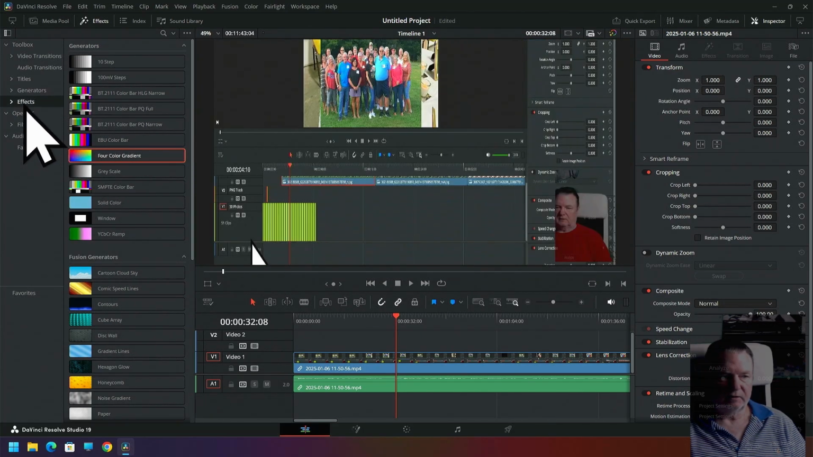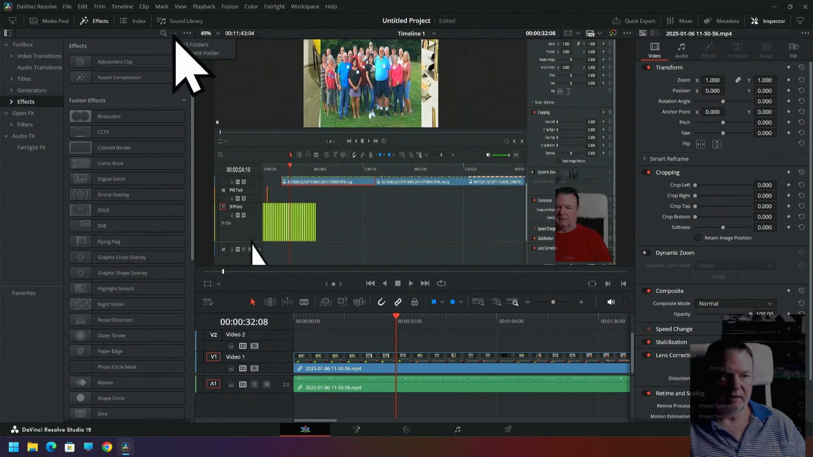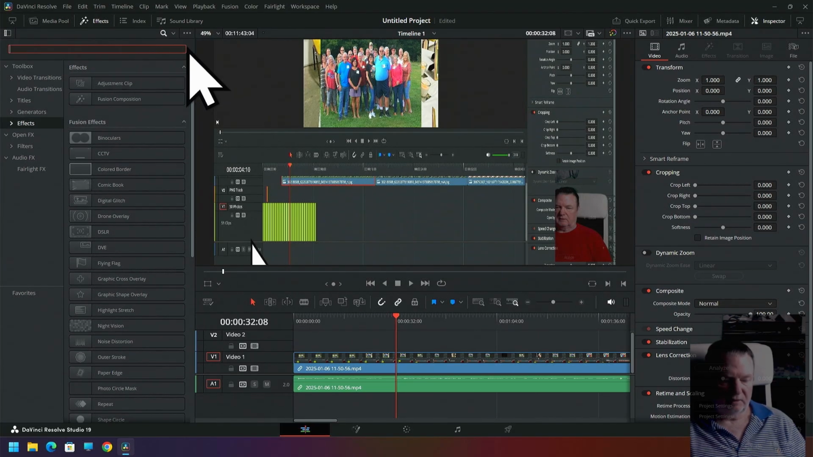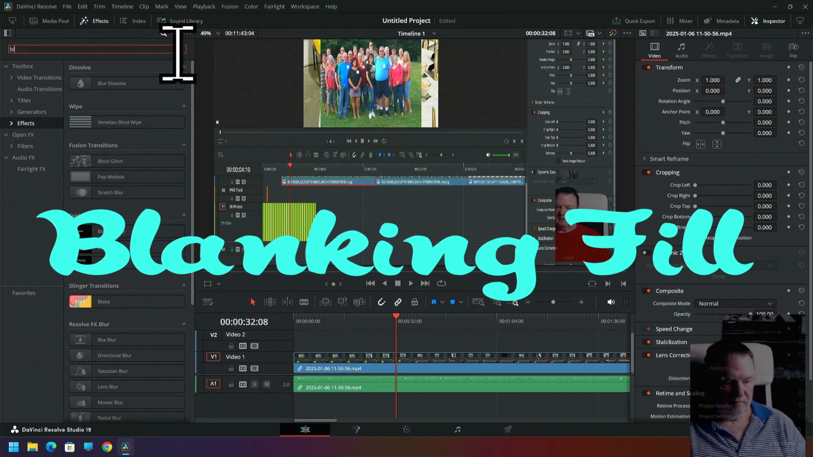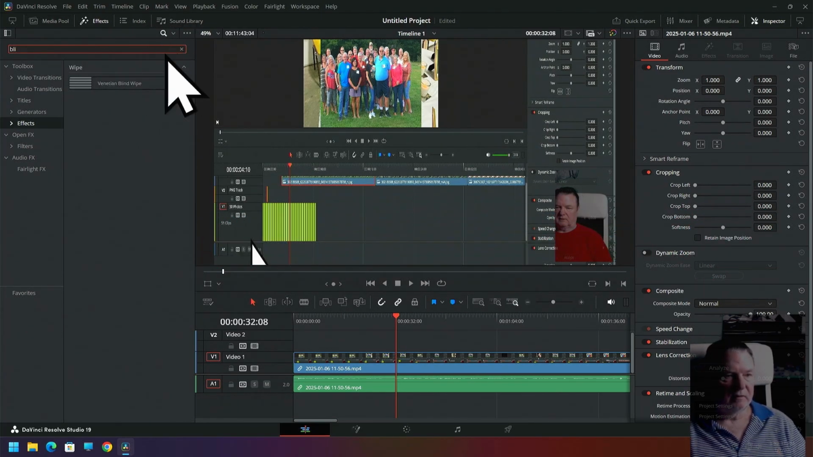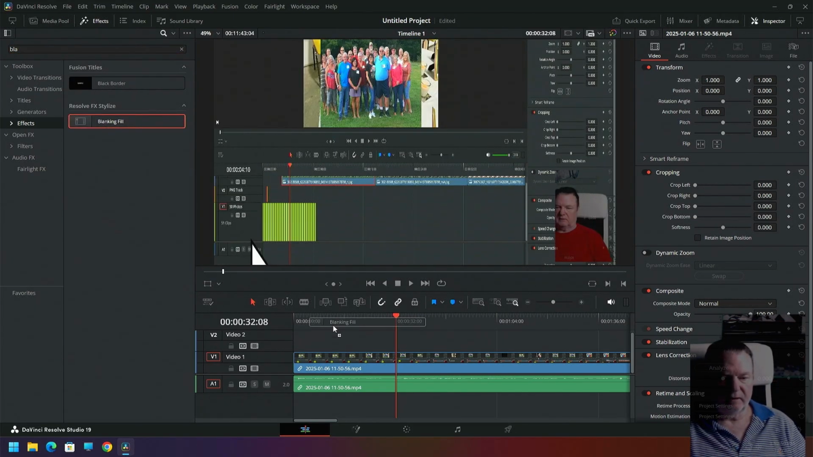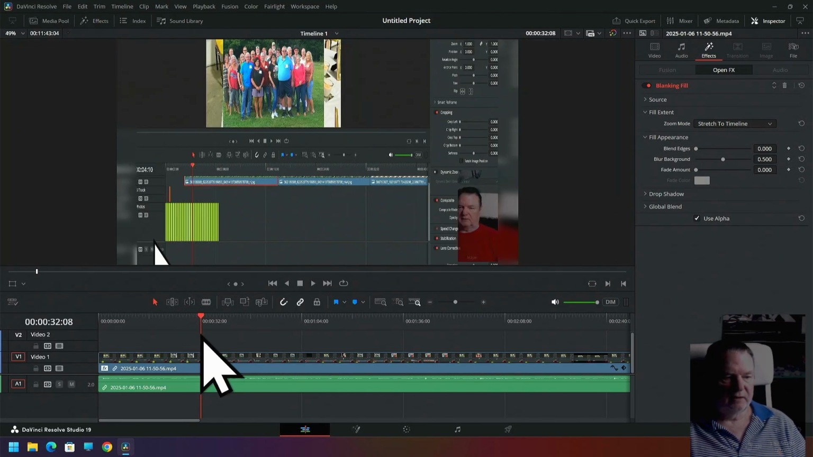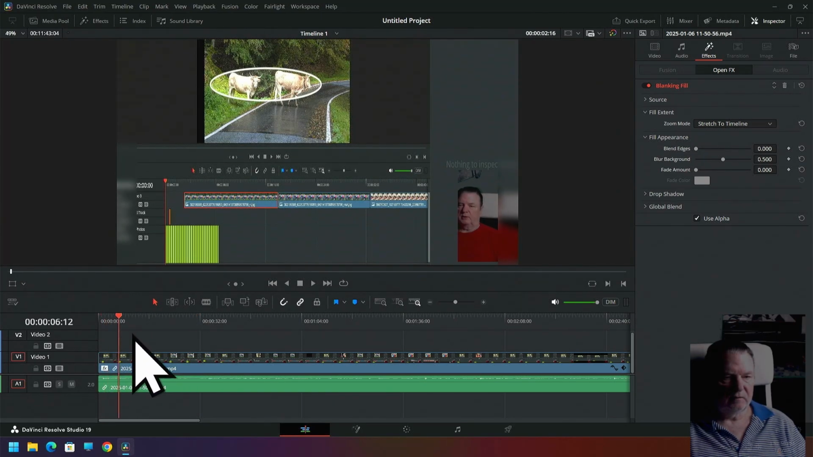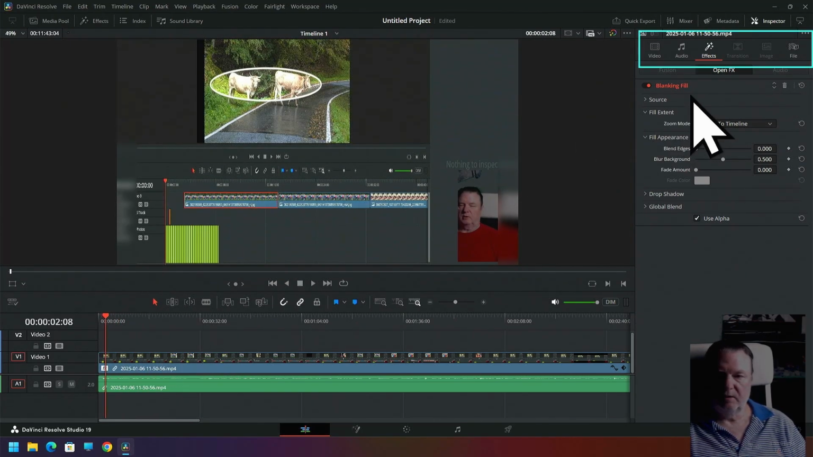Let's go to effects. Actually, I want to go add a specific effect, and it's called blinking background. I think I spelled that right. I got to check all folders, and apparently blanking. It's called blanking background. There we go. Blanking fill. I knew it was something. So I'm going to grab that and I'm going to put it on this entire video. We're going to close that, and then, well, it's not really working,